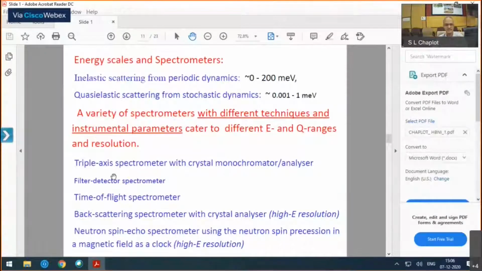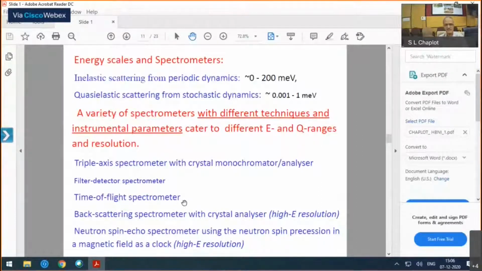Now, typically there are two types. This I think you already studied in the previous lectures. You can measure the neutron energies by a crystal monochromator through the Bragg reflection. So if you have a Bragg reflection satisfied, you can identify what is the wavelength of the neutron that is reflected. And the other is the neutron time of flight, where you essentially measure the flight time over a certain length. Let me say that the velocity of neutron is about a kilometer per second.